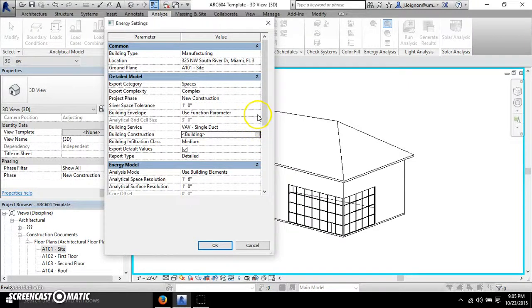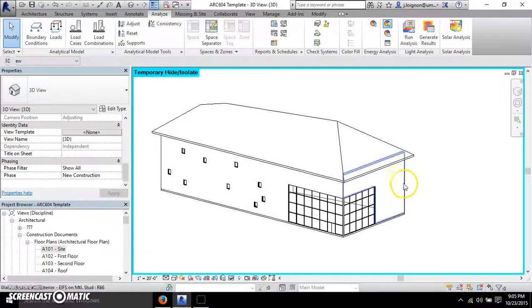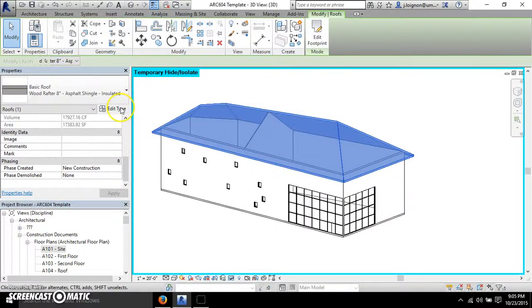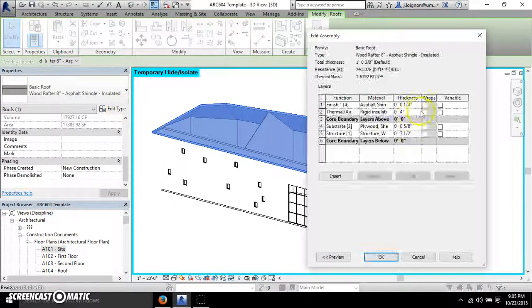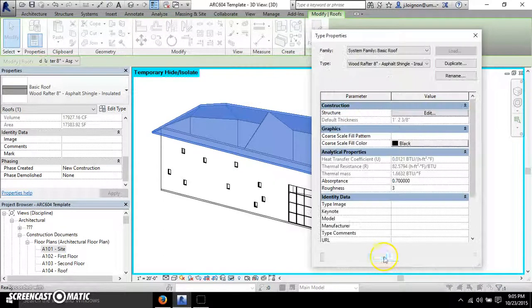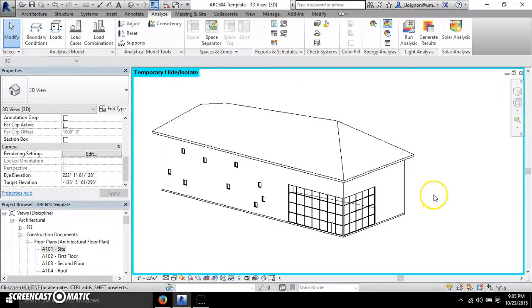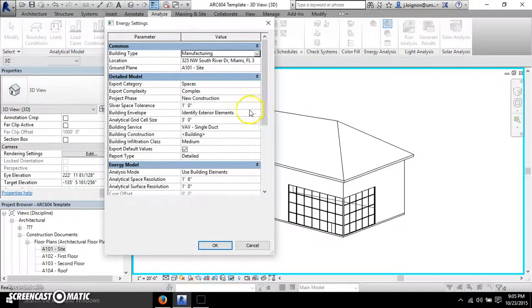Obviously, if you were doing it using identify exterior elements, you'd have to go into the actual roof, and if I wanted to bump this up to a 6-inch insulation, change that to 6, and then see what that would do for my building and how that would change it. So obviously, just to sum up,